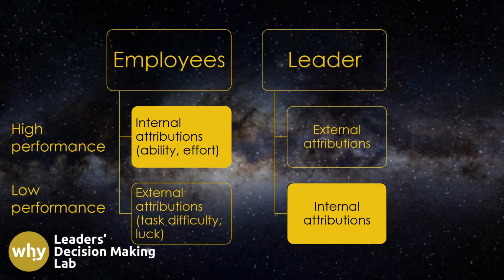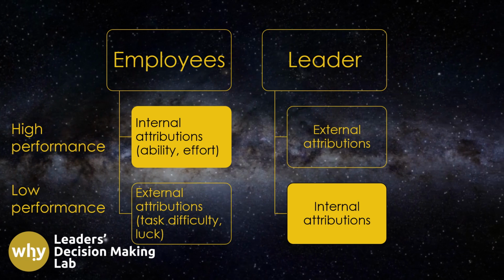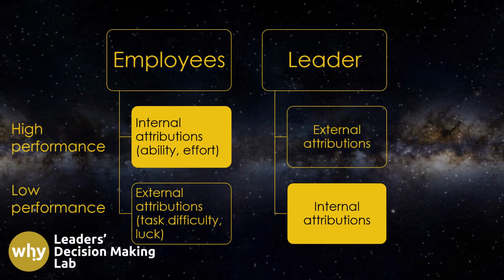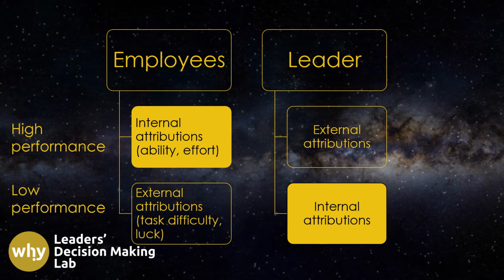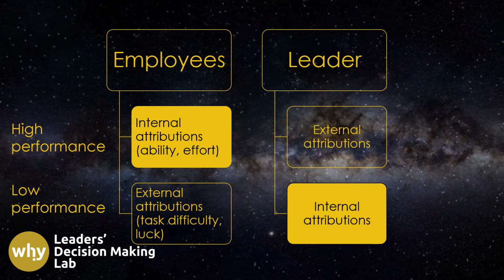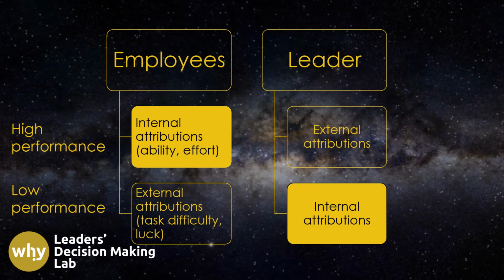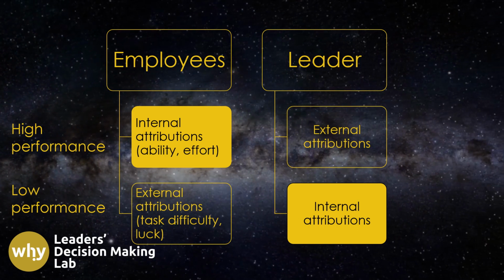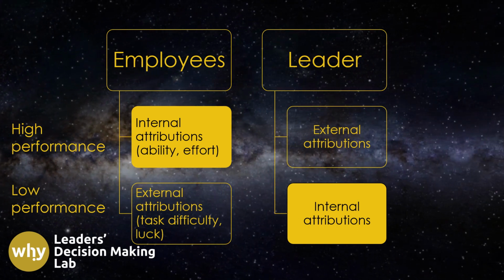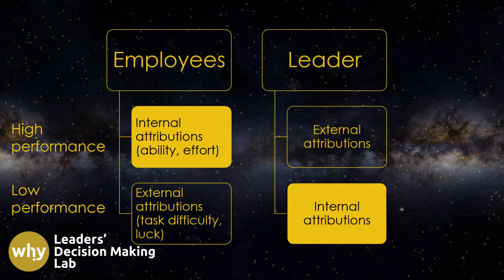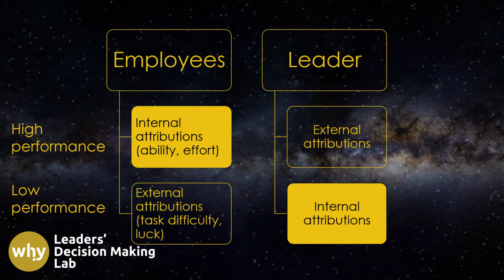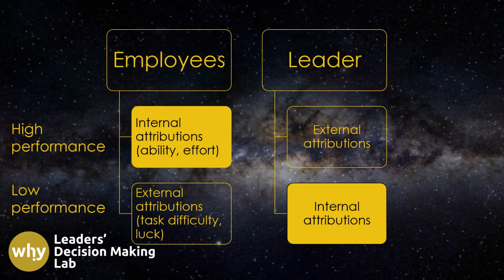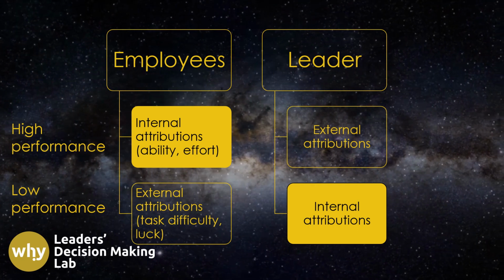This further reinforces their sense of uncontrollable failure, intensifying their feelings of learned helplessness. The frequent occurrence of divergent attributions between leaders and employees can result in detrimental consequences for both parties. Leaders' punitive actions based on their attributions may be perceived by employees as unjust and exacerbate their sense of helplessness. This in turn hinders employee motivation, engagement, and overall job satisfaction.